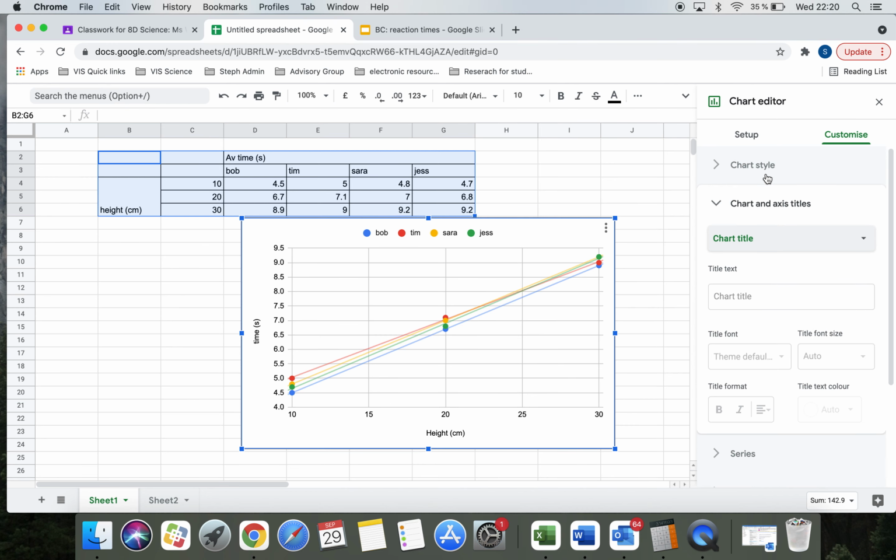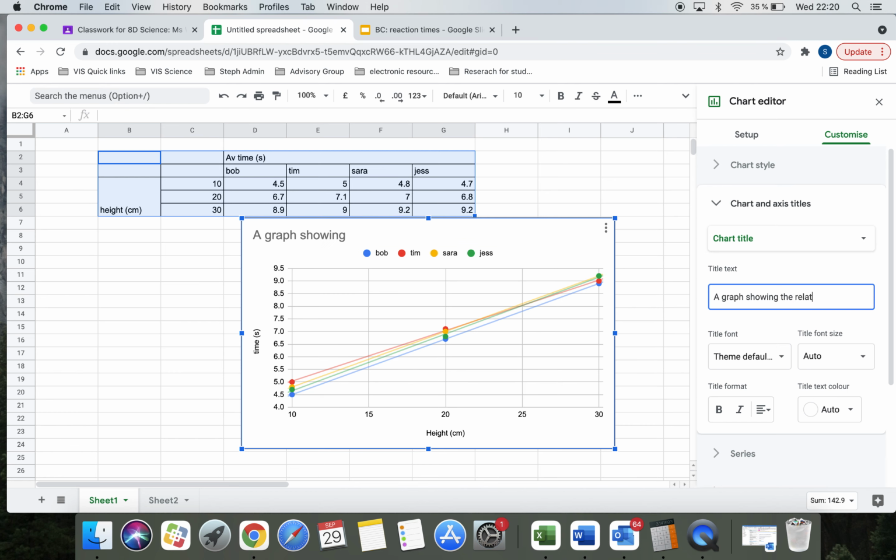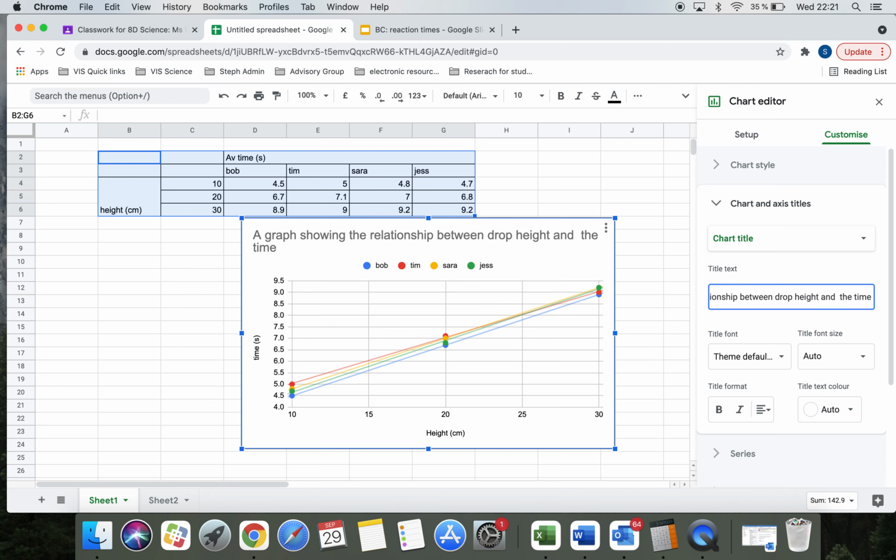If I want to go for my chart title, again, let's say a graph showing the relationship between the height or drop height and the time of fall. So again, giving a little bit more, and I can format it and put it in the center using this down here. So that's a little bit on creating graphs if you want to put more than one trend line